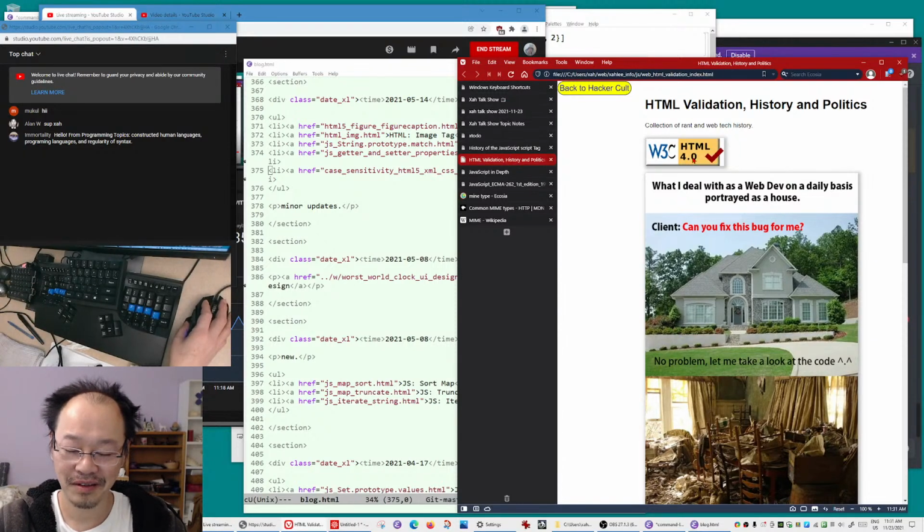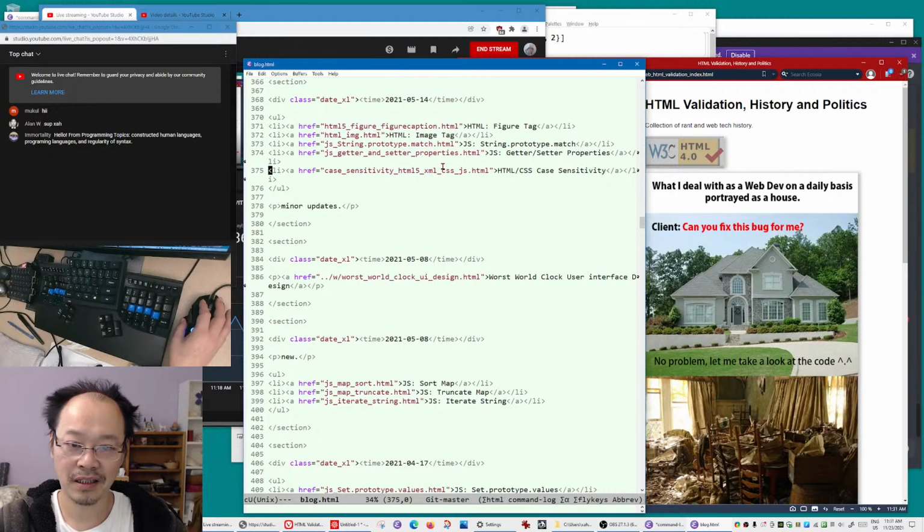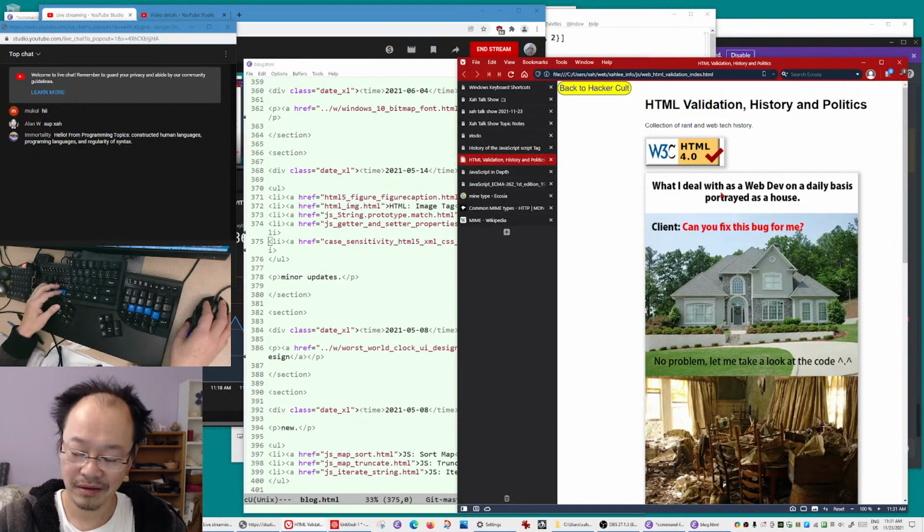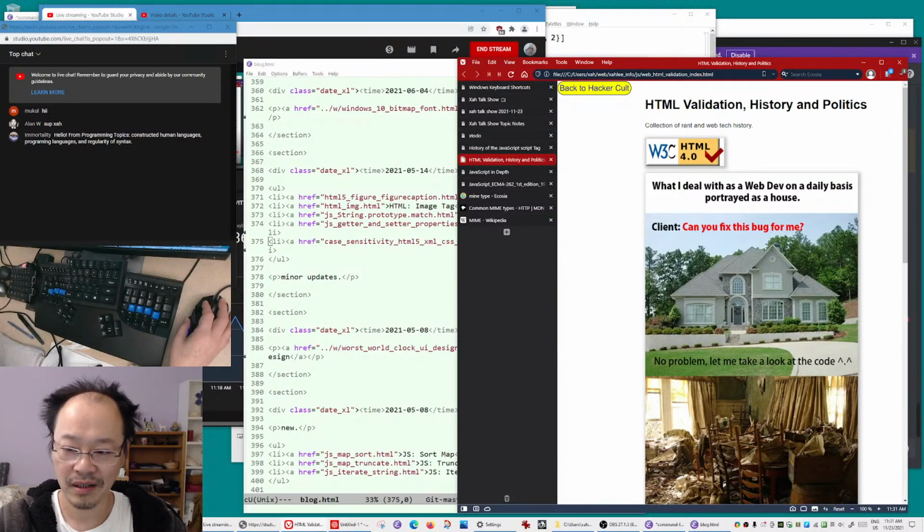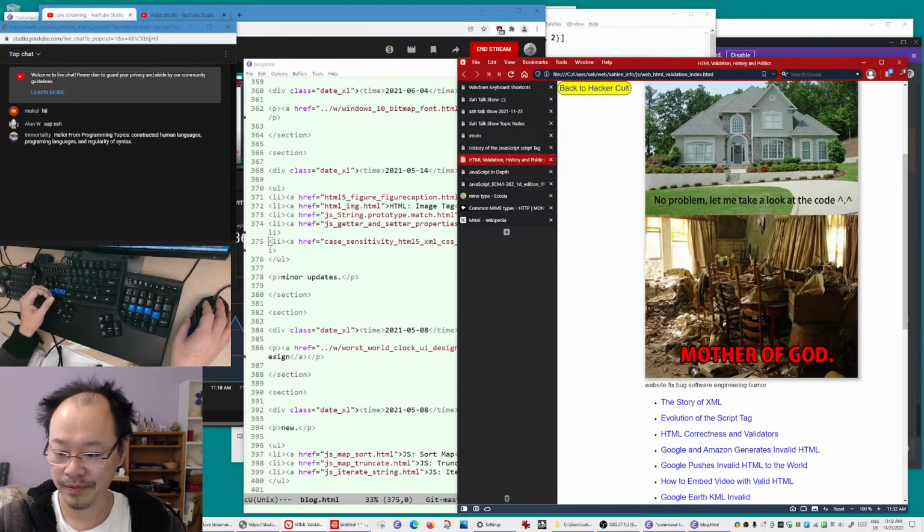In fact, Google and the HTML5 people, the WHATWG group that created HTML5, they do not push for the idea of HTML correctness anymore. Yeah, and also XML died. Anyway, that icon used to be everywhere among us, our type of people.